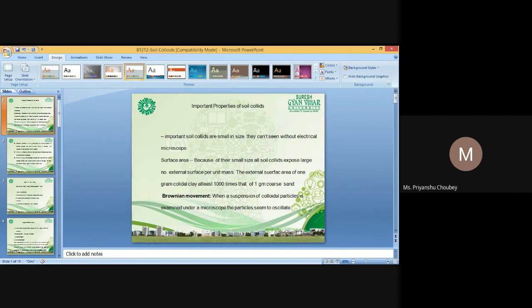Let's see the soil definition, what is soil and what is the meaning of soil. So first we see soil: S means what, O means what, I means what, L means what. If we define our soil, S means sustainable, O means organic, I means infinity, and L means livelihood. So that is a complete definition and complete meaning of soil.